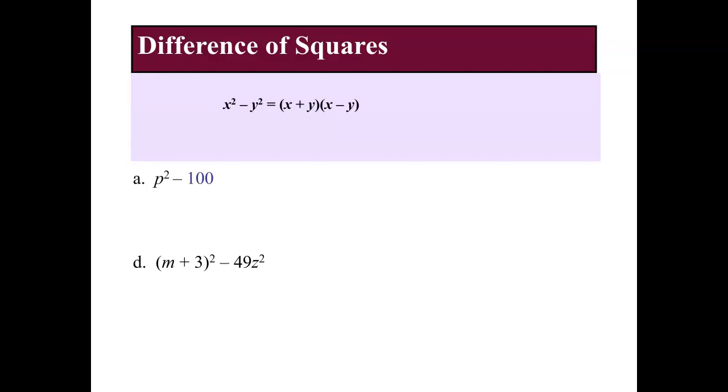So we're going to start with our difference of squares. Our difference of squares is going to be defined as a binomial where we are subtracting two perfect squares. All right? When we're dealing with exponents, any even power is going to be a perfect square. So if I have x to the second, x to the fourth, x to the sixth, all of those are